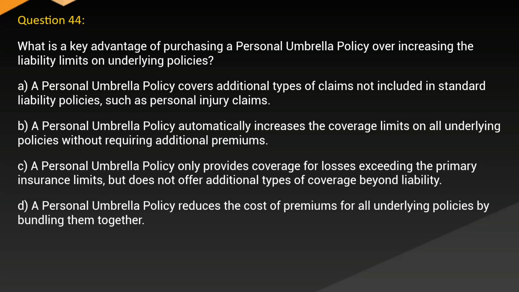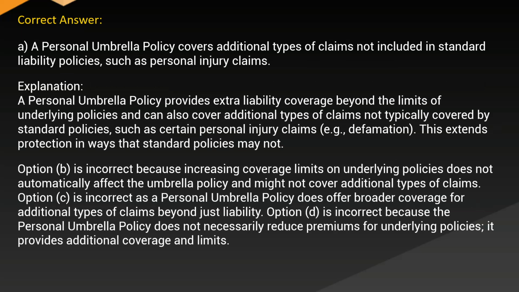C. A personal umbrella policy only provides coverage for losses exceeding the primary insurance limits, but does not offer additional types of coverage beyond liability. D. A personal umbrella policy reduces the cost of premiums for all underlying policies by bundling them together. Correct answer A. A personal umbrella policy covers additional types of claims not included in standard liability policies, such as